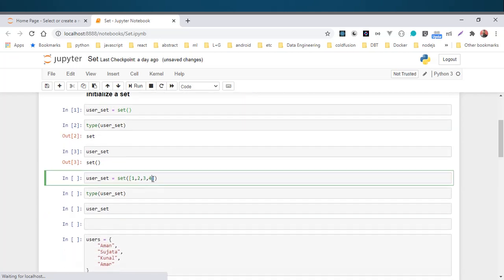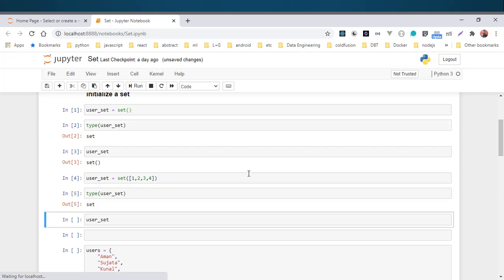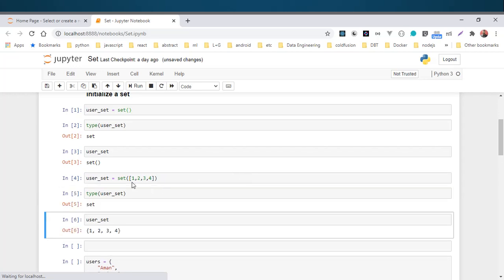Another way to initialize a set: I am passing a list to a set, and by this way we can initialize a set. As you can see, the list has 4 items and this set has 4 items.